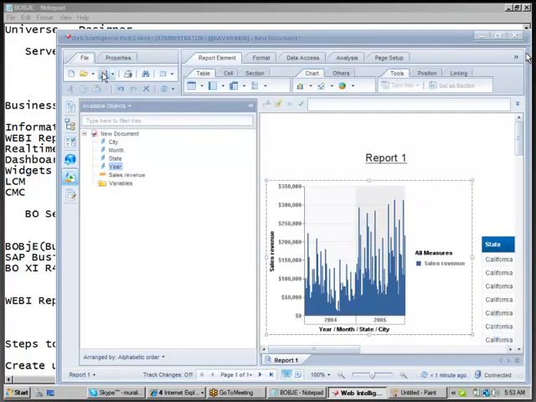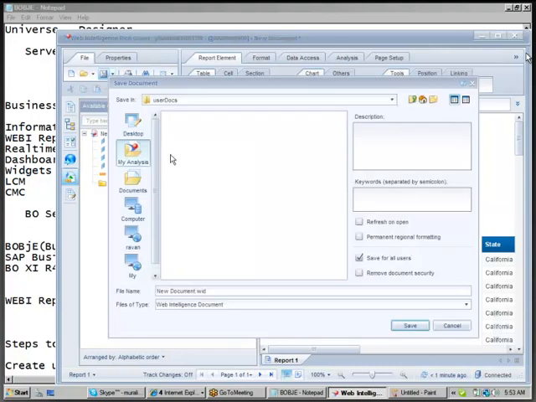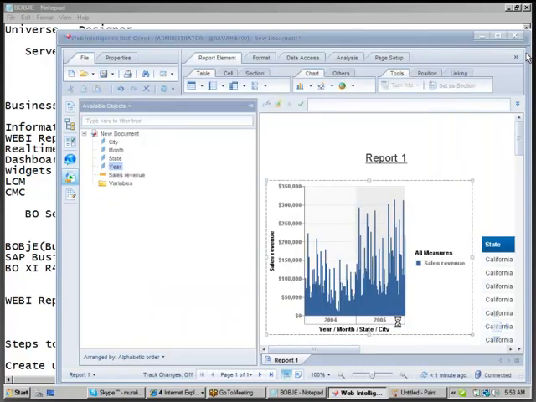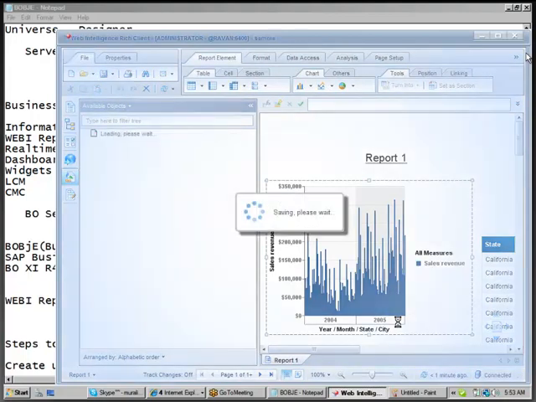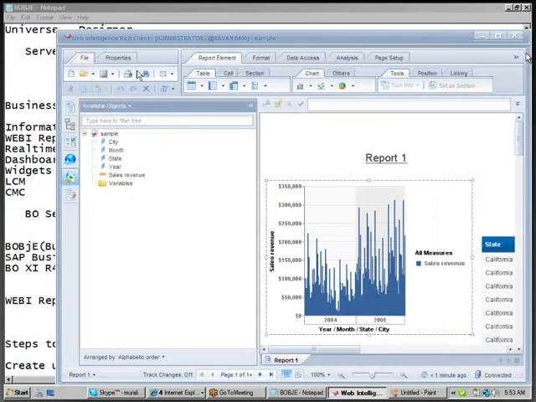The first option is save, which saves in your desktop. You can put any name; I'm just naming it sample. I'm saving in my desktop. Click on save. That means you saved your report in the local system.